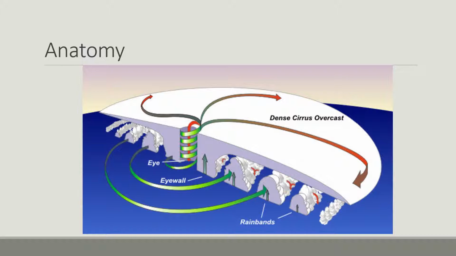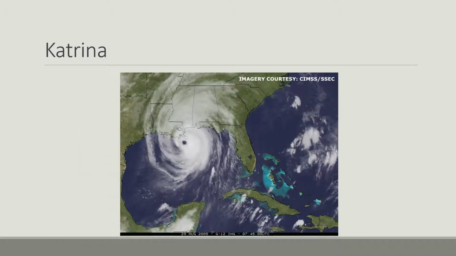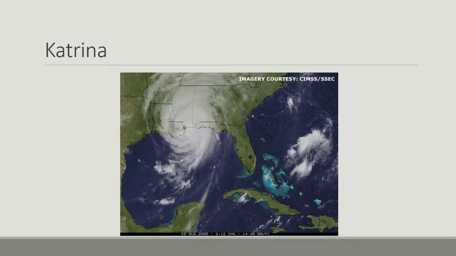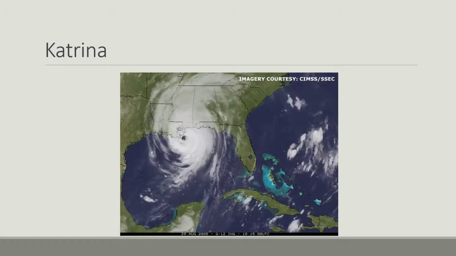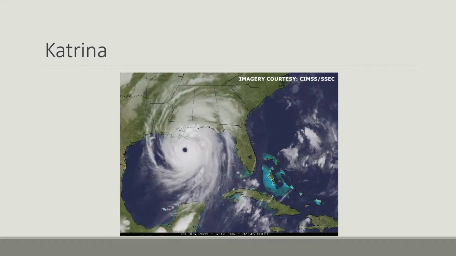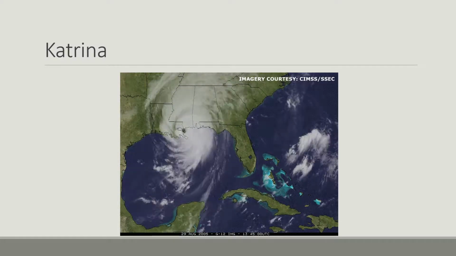So our very pretty hurricanes to look at on satellite, and we'll look at Katrina here on the next slide, have a very distinct eye, and then where our storm is with all of our clouds, and then beyond our storm is very clear as well. And so here we can see Katrina rotating through, and notice when she's in the Gulf of Mexico, her eye is very clear. Now, she is fairly large in terms of geographic size. Notice her rain bands are pretty wide. Once she starts making landfall, she's almost as wide as Louisiana, through Alabama and Mississippi and into Georgia. So she's fairly wide, but beyond that, she is also fairly clear.